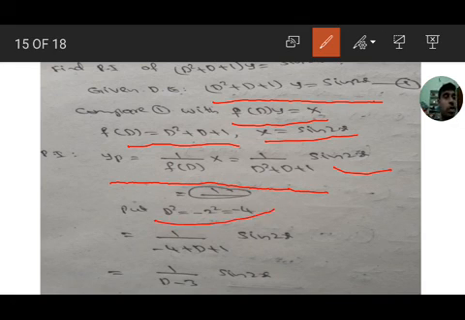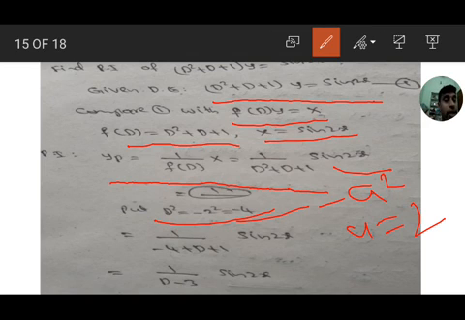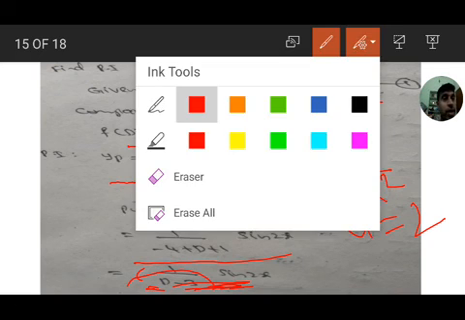So substitution, put D² = -a². Here a = 2, so -2², which means -4. So we get 1 by (-4 + D + 1) sin 2x, that is 1 by (D - 3) sin 2x, since -4 + 1 means -3. Again we are getting a D term here, so we have to convert this D term into D² by rationalization.